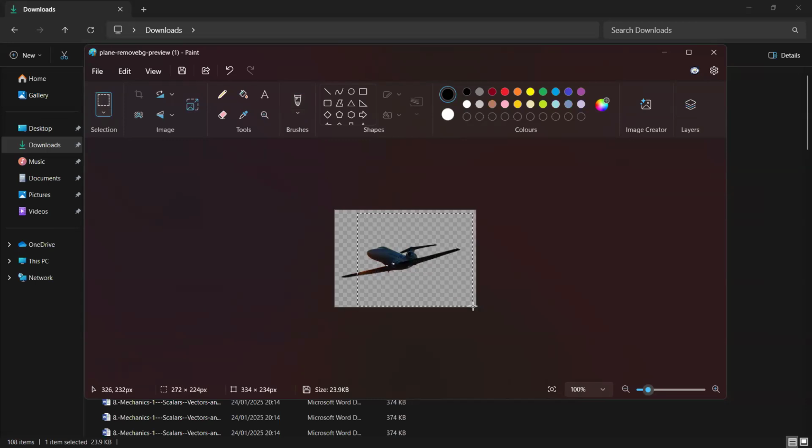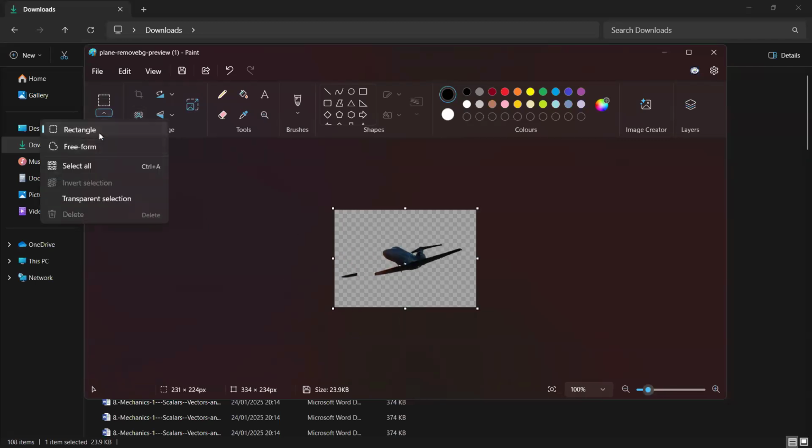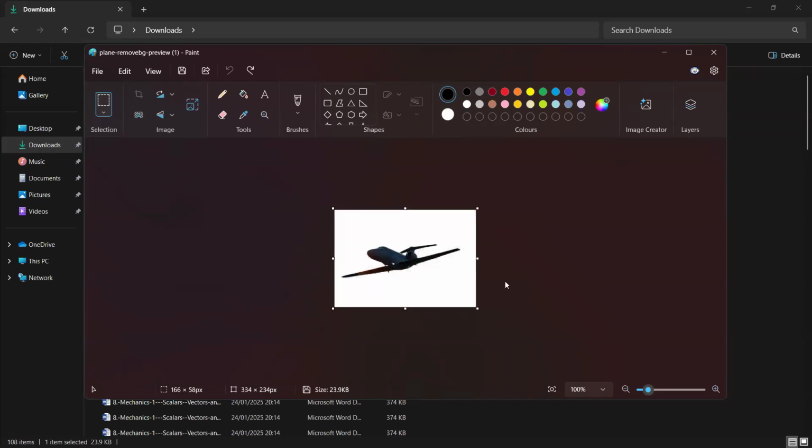It didn't go around it. No, if you do it like that, you spoil it. Undo. Just undo. Control Z. Did you hear what I said? Draw a rectangle around it again.